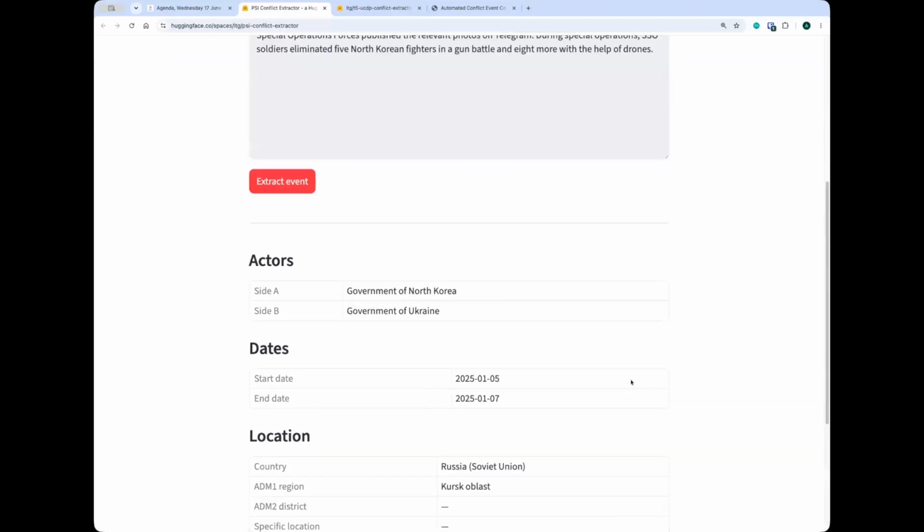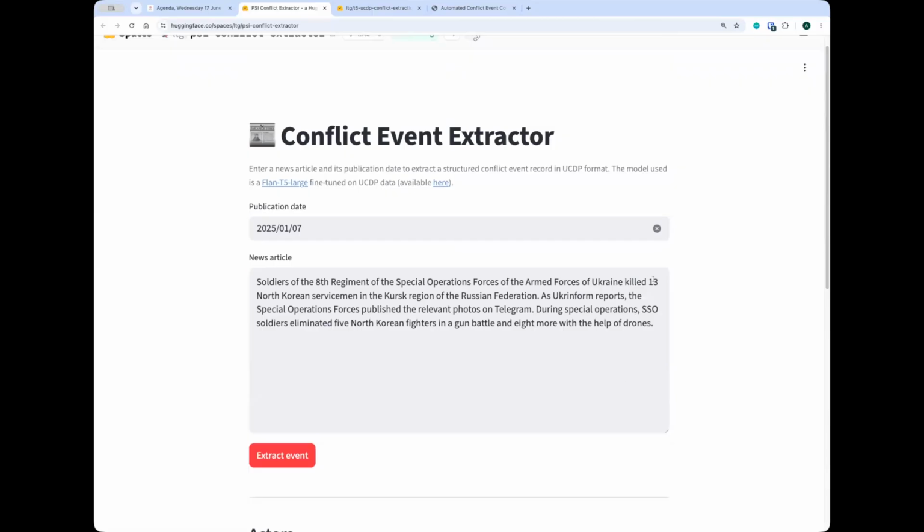So here it presents 8, although 13 were given in the news article. So maybe in this case, it is getting confused by the 8th regiment in the text. So although the model does well in some cases, there are definitely other cases where it fails, which again underscores the importance of human supervision.